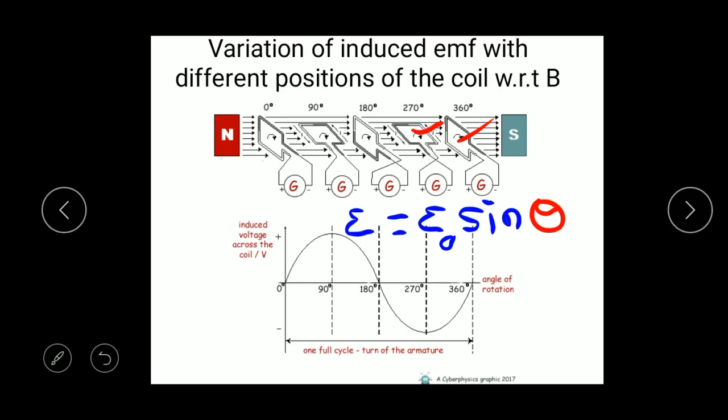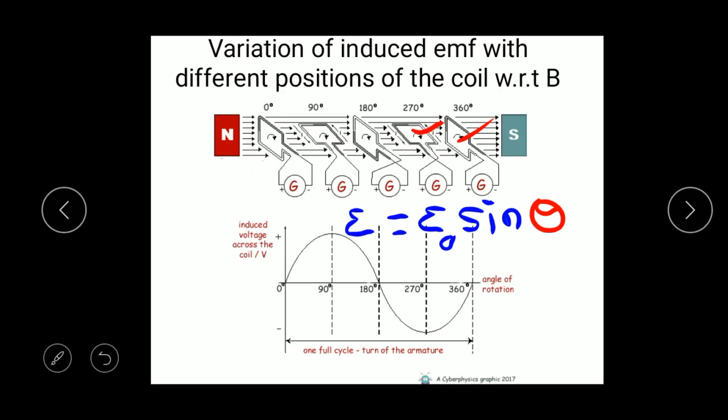That means again the induced EMF is equal to E naught sine theta. Theta is equal to 360 degrees, so this sine term becomes 0. Therefore, the induced EMF is equal to 0. So in this way, a variation of alternating current takes place, that is the induced EMF or the